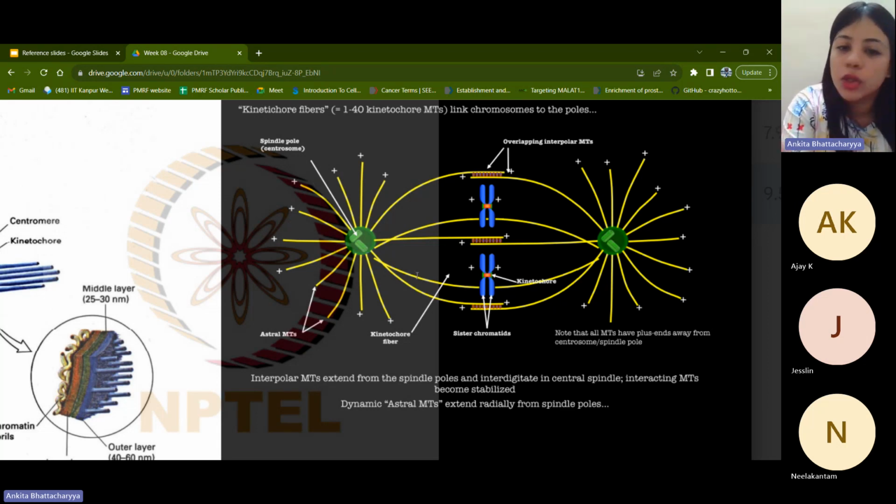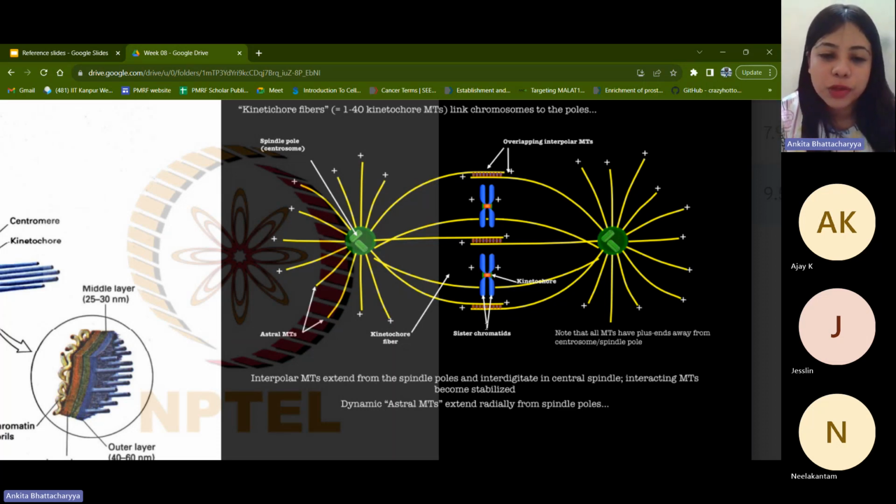And from there, I think we have talked about the arrangement of microtubules during the process of cell division, and how you can see that some of them are projecting outside. Those are the astral microtubules. Some of them are overlapping with the microtubules from the other centrioles. Those are the overlapping interpolar microtubules, and some of them are attaching to the chromosomes, and to the different sister chromatids of each of these chromosomes, and they're helping in pulling the two apart.